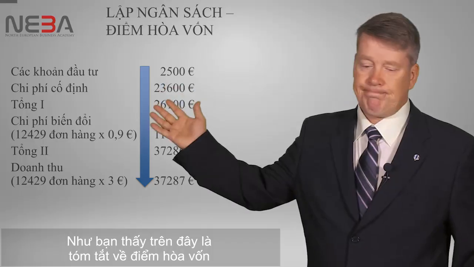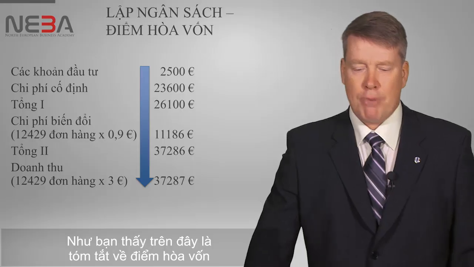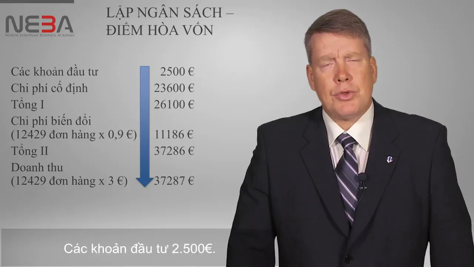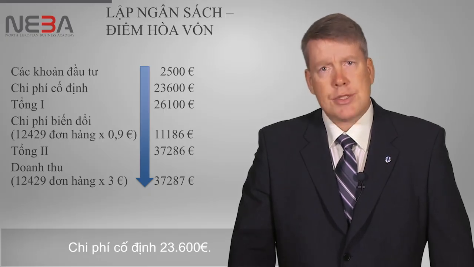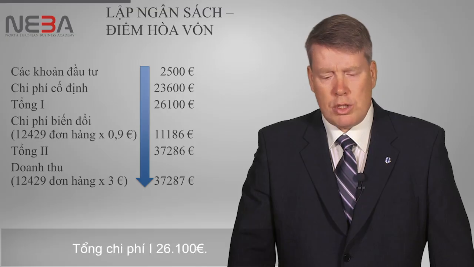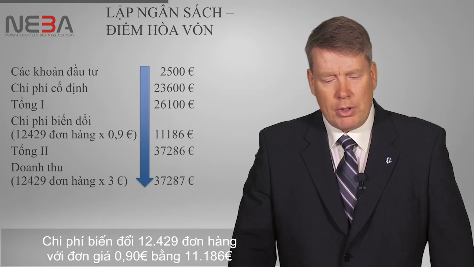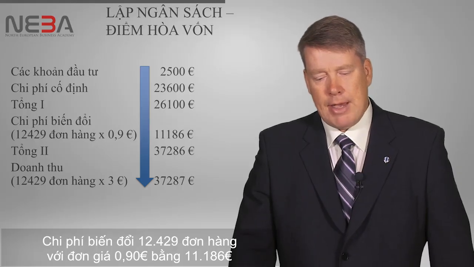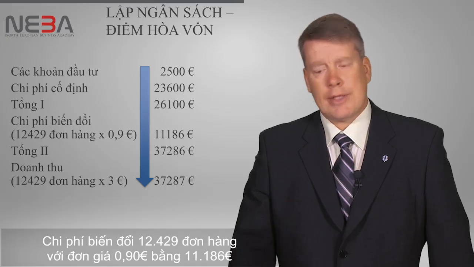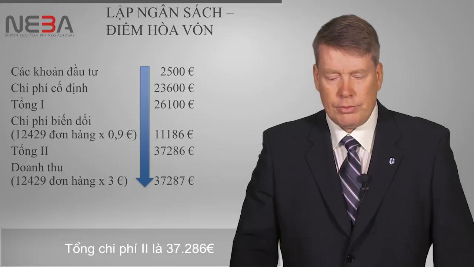And as you can see, now it is the summary of the break-even point. Investments 2,500, fixed costs 23,600, total costs first level 26,100, variable cost 12,429 units times 90 cents makes 11,186 euros, and the total costs too is